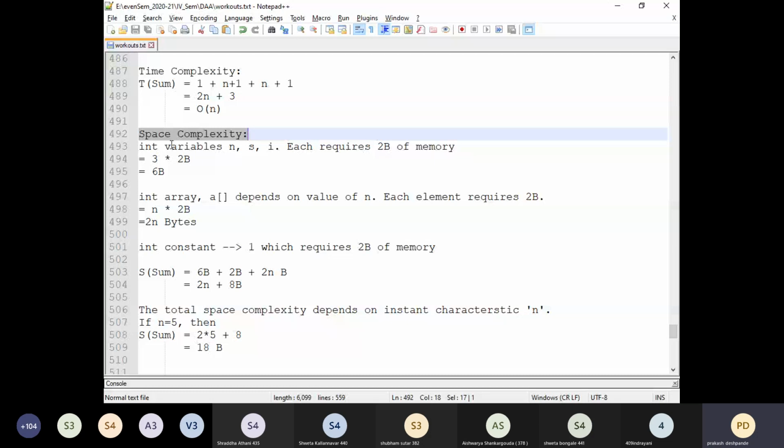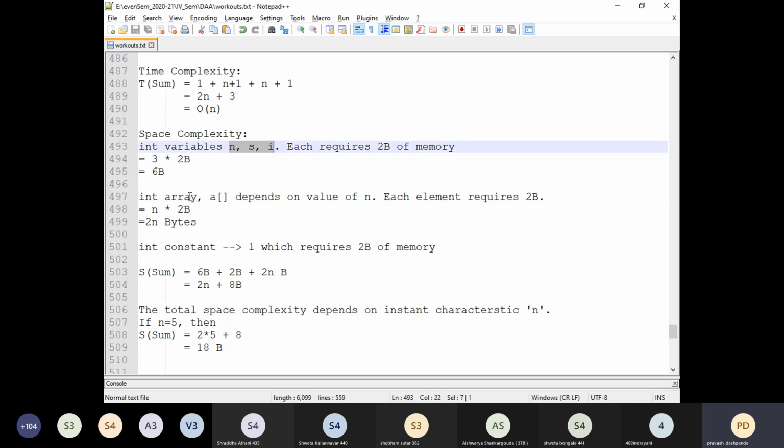Different elements could be variables and constants. The variables we have are n, s, and i in the algorithm. Each of these three variables is of integer data type, and each integer variable requires 2 bytes of memory. So 3 into 2, total 6 bytes are required for these three variables.